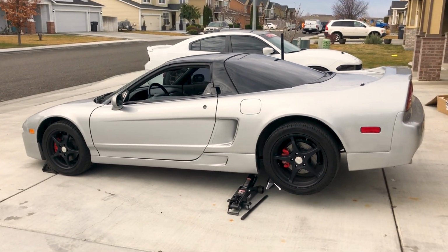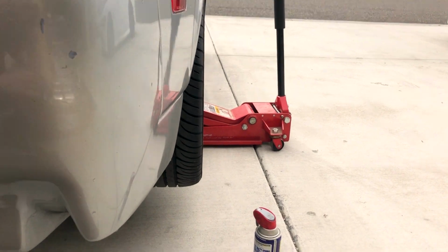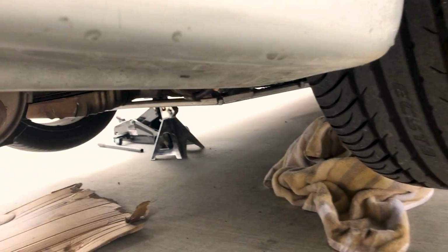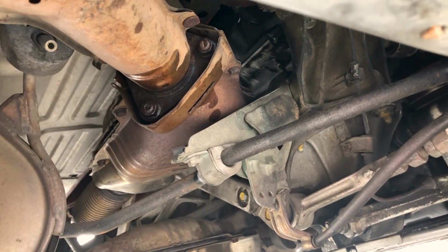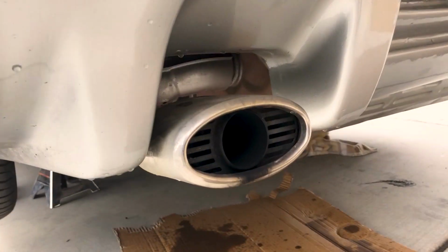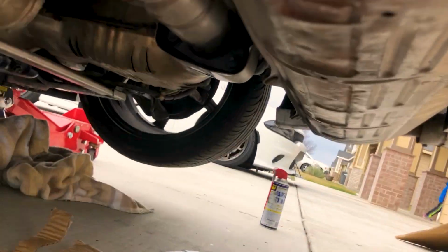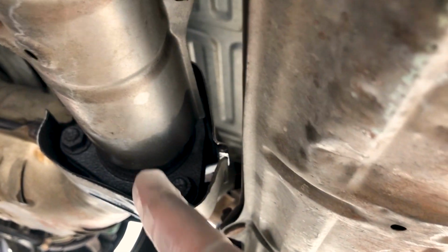So there it is. Now that it's lifted, I'm going to start taking off the old exhaust. Alright, so if you come on the passenger side, there's 3 bolts on here. Right over here, see? Right there. 1, 2, and there's one on the other side. You gotta take off. And then you come on the driver's side, and there is 3 right here. You gotta take off. Check with my finger. Right here. 1, 2, and 3. 6 bolts, and